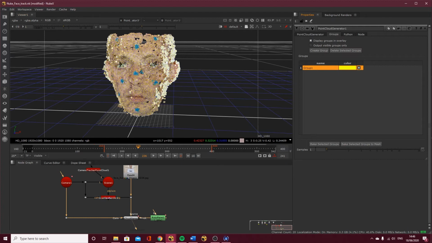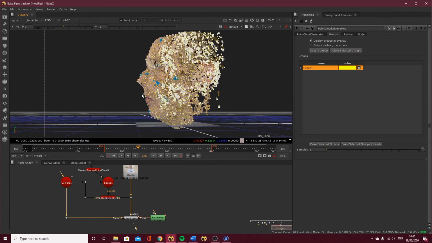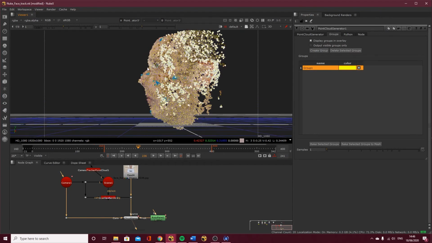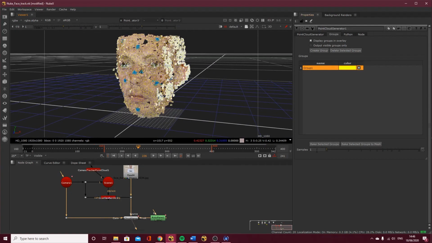Now you've got something here called samples. Samples is effectively the quality of how smooth that mesh is going to be. You want it to be as smooth as possible, but also you don't want to lose the detail of, you know, the indent in the lips and the nose popping out. So it's a balancing act. So I'm going to first of all create a mesh at a sample of 1, then I'll probably do one at 2, and I'll unpause so we can analyze it.